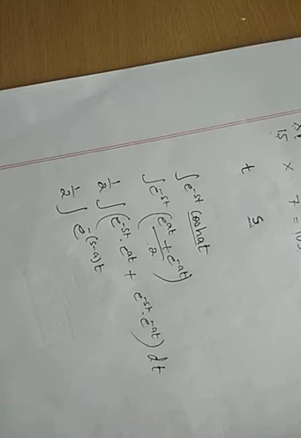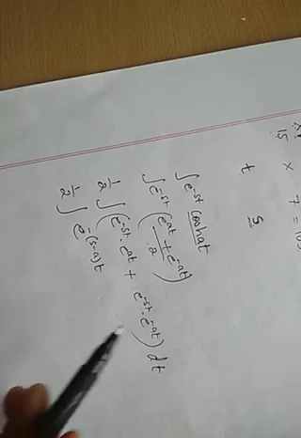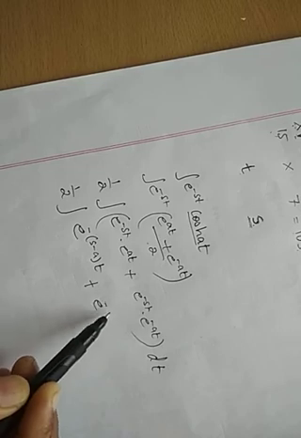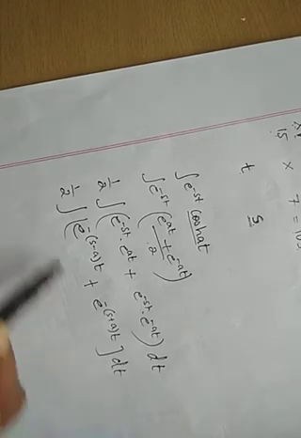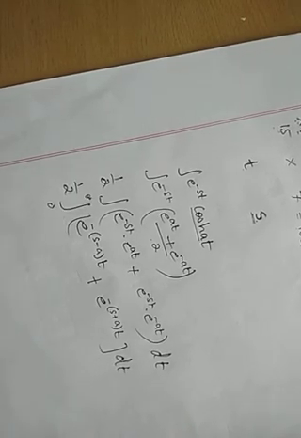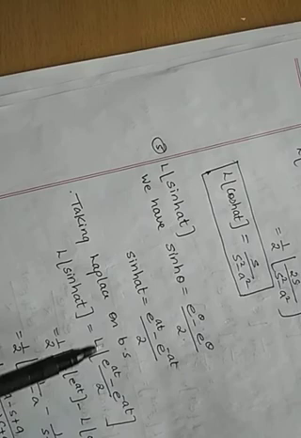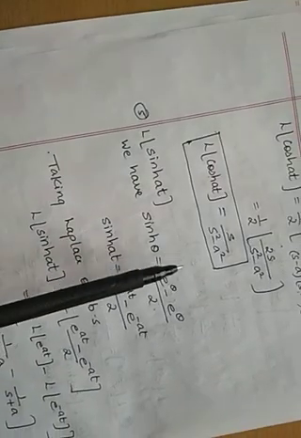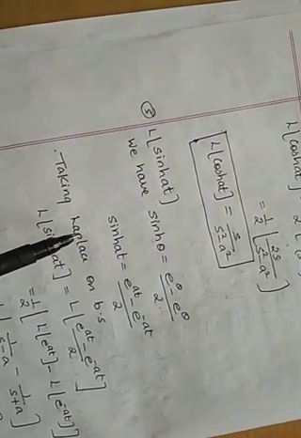Why did I take the minus sign common? Because I want e raised to minus, since I have the limit 0 to infinity. Plus e raised to minus of s plus a into t dt. So if you integrate this function, you will get your answer. Separately you have to integrate and substitute the upper limit minus the lower limit. This is also possible. Instead of going such a lengthy way, I have shown you this method, that is substituting directly and taking L on both sides. Whenever a hyperbolic function comes, try to take its exponential terms and evaluate.